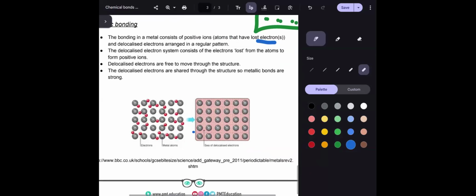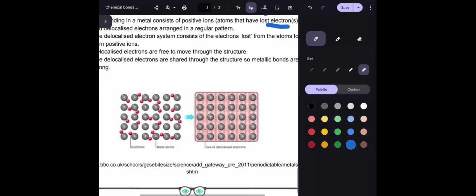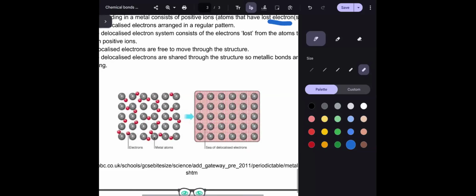We have the positively charged metal ions. Those are the gray ones, the metal ions, right? They have positive charges. Then we have the red ones, which are the electrons. And the thing that happens here is these metal ions share those electrons between them,